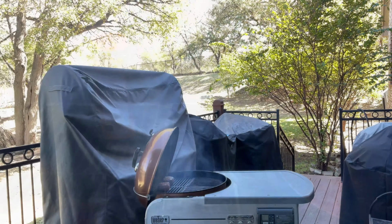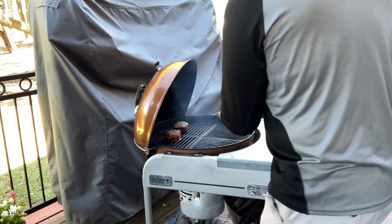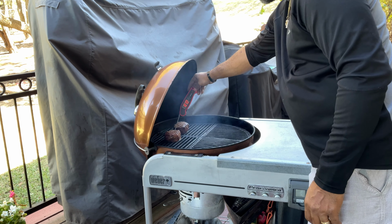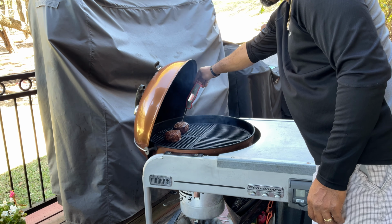With these steaks, let's get a little bit closer here. And what we'll do is start checking our internal temps. Let's see where we're at. So it's very important to have a quick read thermometer. It just helps so much with these type of situations, okay? So we'll go right here in the middle. We're at about 121, so we're almost where we need to be to start searing them off. Our other steak,